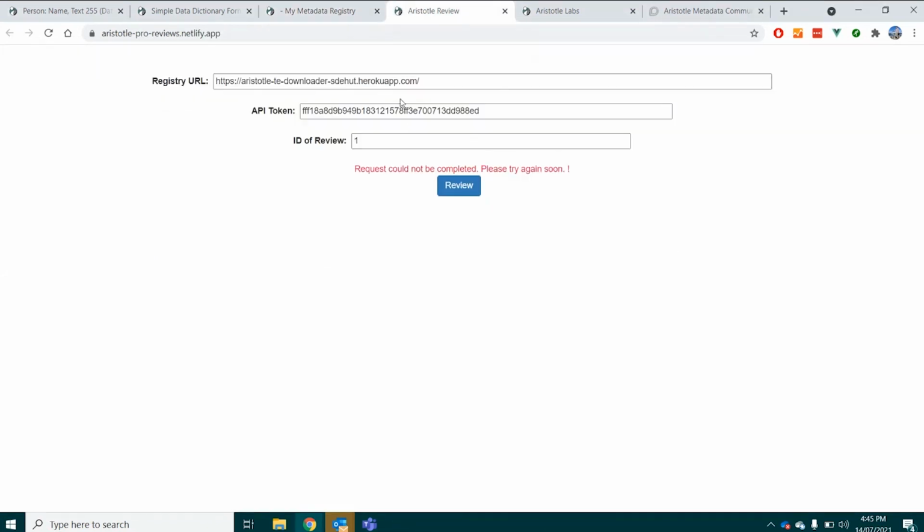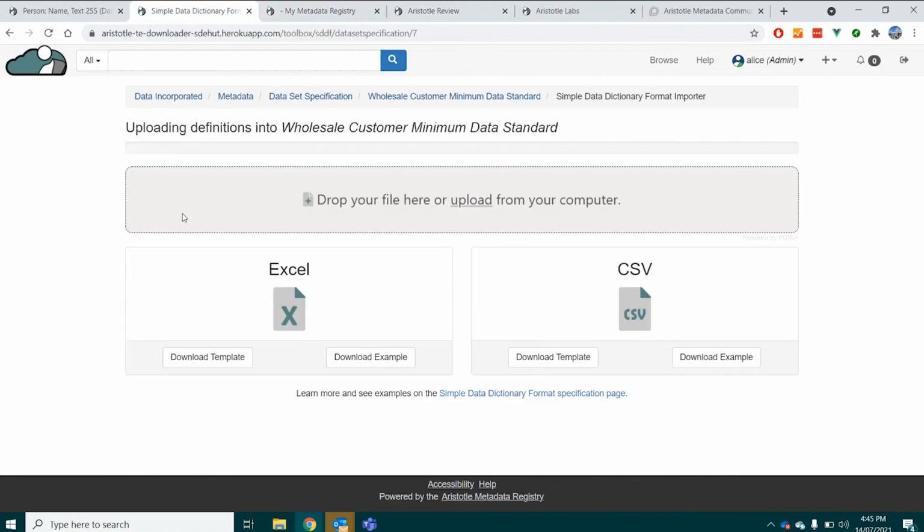And all I need to do is paste this in and paste the ID of the review. Oh, no. Oops. No slash at the end. There we go. The only other thing that you need now is